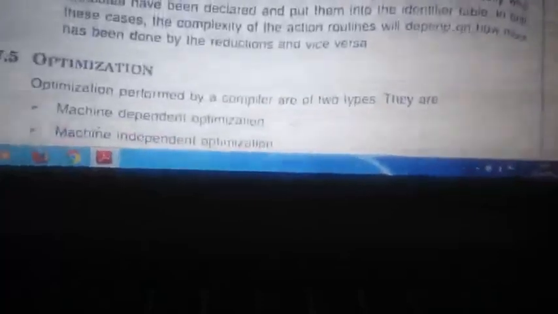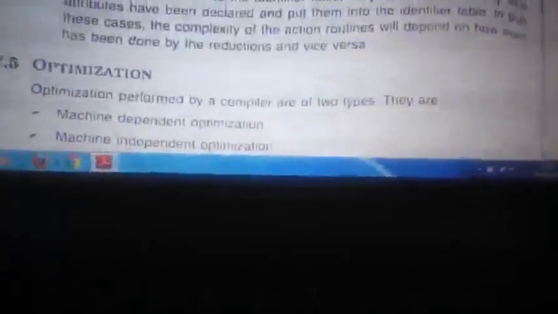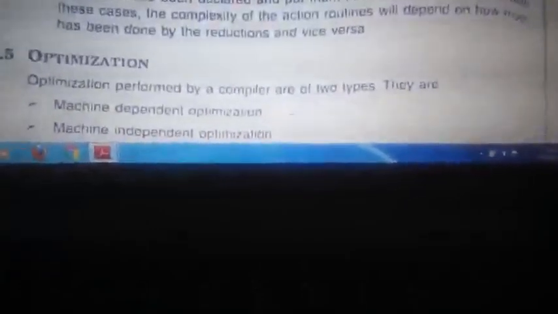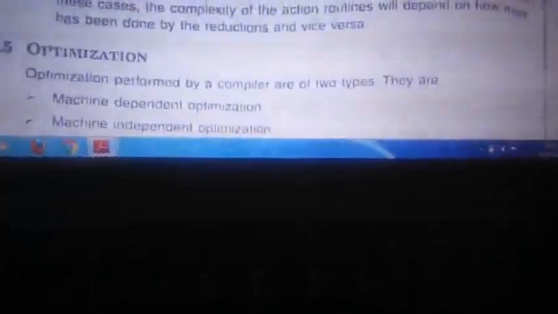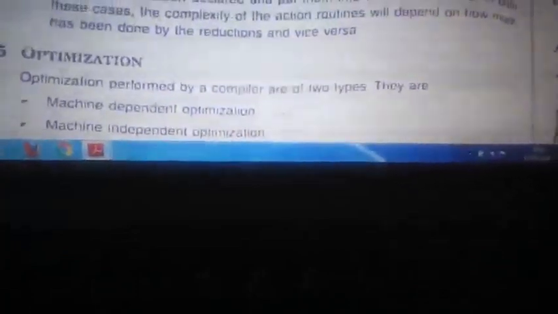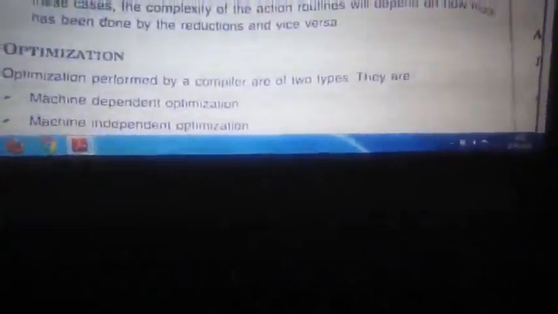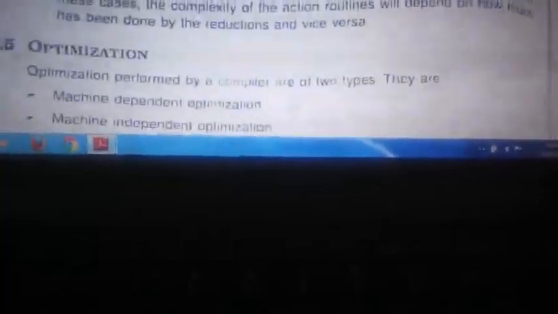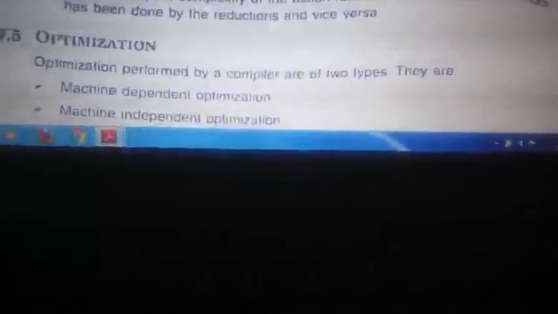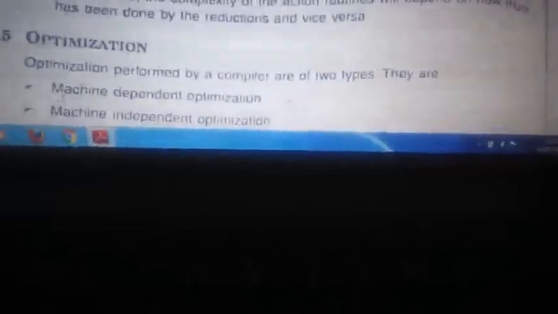Next phase is optimization. We already discussed that optimization will be of two types, machine dependent and machine independent. For machine dependent, we discussed how we can reduce the utilization of memory. In the previous chapter, we discussed that there are 80 bytes of memory utilization for a program. Later we optimized it so that the utilization reduced to 36 bytes. I hope you remember that table. That is machine dependent optimization. If they ask about machine dependent optimization, you have to write that same answer. So one time reading can serve for both chapters.